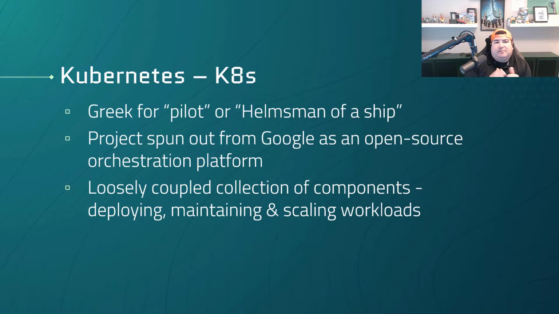Kubernetes is designed to be a loosely coupled collection of components that are all centered around deploying and maintaining and scaling workloads, right? This loosely coupled concept means that all of these components have very little knowledge of each other other than the control mechanisms, and they function independently, which makes them easy to replace or integrate with other systems or even swap in additional components that have some more native functionality for wherever it is you're actually trying to run these things. But Kubernetes is also built with this concept of having a declarative state for describing our environment and then having control loops that'll make it happen.